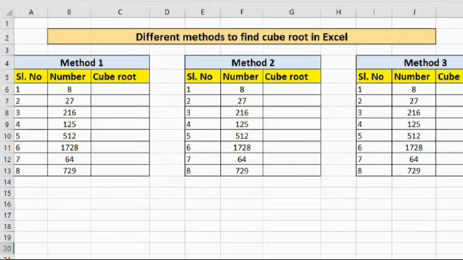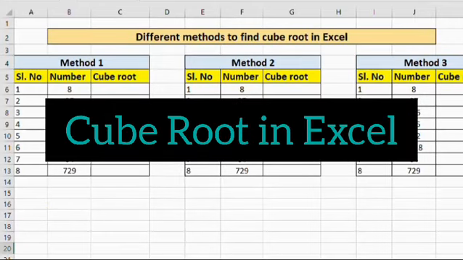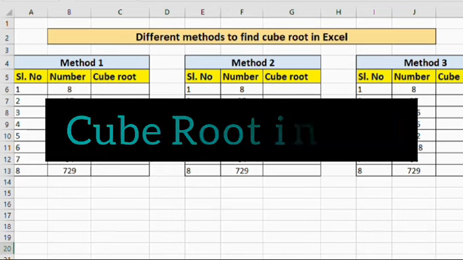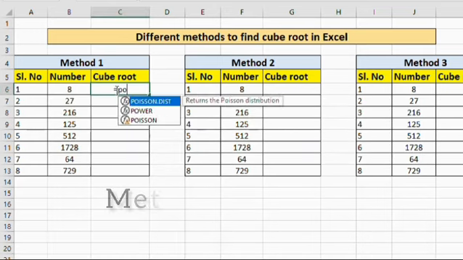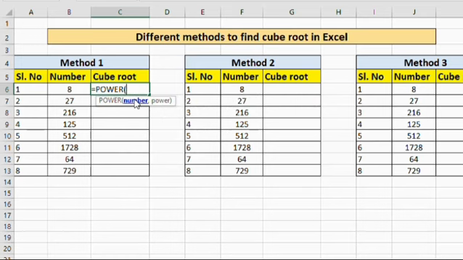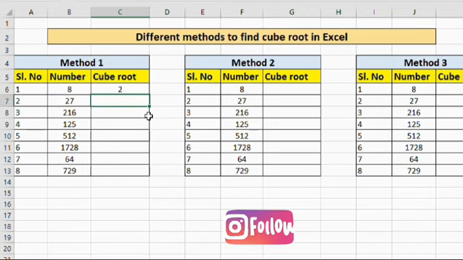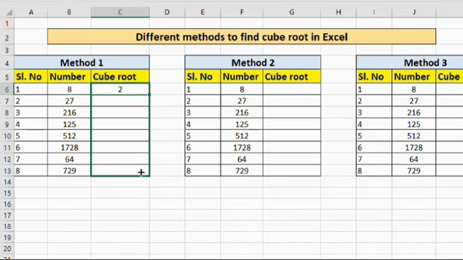Hello everyone. Today we are going to learn three different methods by which we can find the cube root in Excel. Method 1 is power function. So click on the cell where you want the cube root to appear and type equal to POWER. In the bracket, select the cell number, that is over here it is B6, then comma 1 by 3. Bracket close and press enter to see the result and drag it down to see the result of other remaining